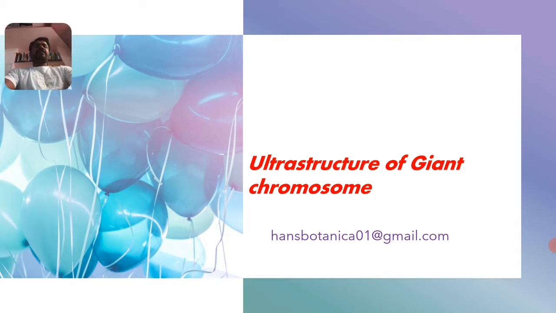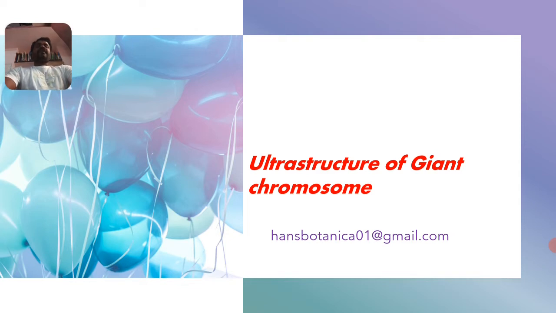See, a chromosome consists of two main parts. One is the centromere and the other is the chromatids. Chromatids are nothing but the arms of the chromosome. They are the condensed form of chromatin fibers like euchromatin, and the centromere, which is situated at the central region of the chromosome, is the condensed form of heterochromatin. Means euchromatin and heterochromatin undergo condensation to form a chromosome. Chromosomes are nothing but colored bodies.